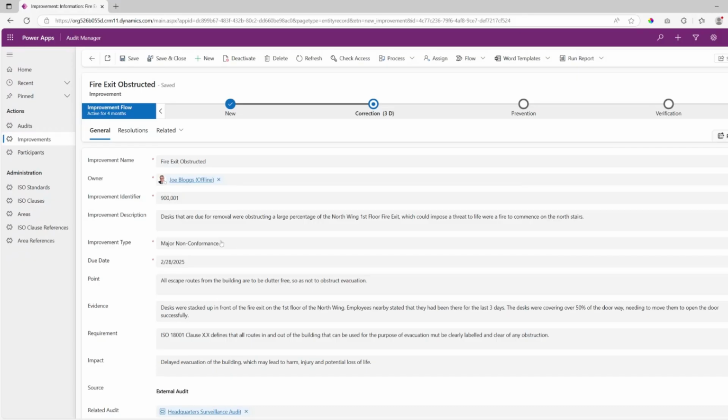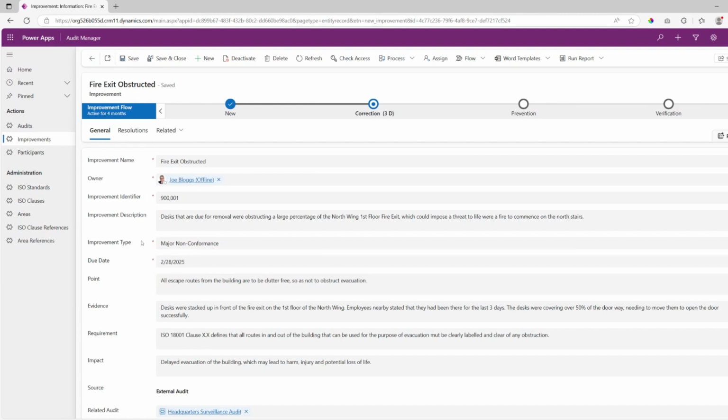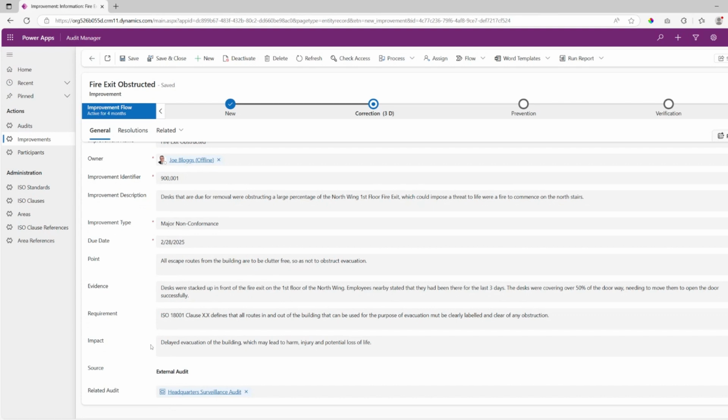So we've logged that item and we've logged the owner of that item. So this is the person that's responsible for that. We've populated the improvement description. So what we found and what needs to be changed. And we've logged the improvement type. We may have a minor non-conformance or a major non-conformance. This might dictate the timescales in which you need that to be fixed. And we can also log an opportunity for improvement. What we mean by an opportunity for improvement is something which isn't necessarily a non-conformance and isn't going to affect your certification status with ISO, but it is something that auditors like to see that you're logging for continual improvement moving forward. We can define our due date, and then we can put our information about what was located.